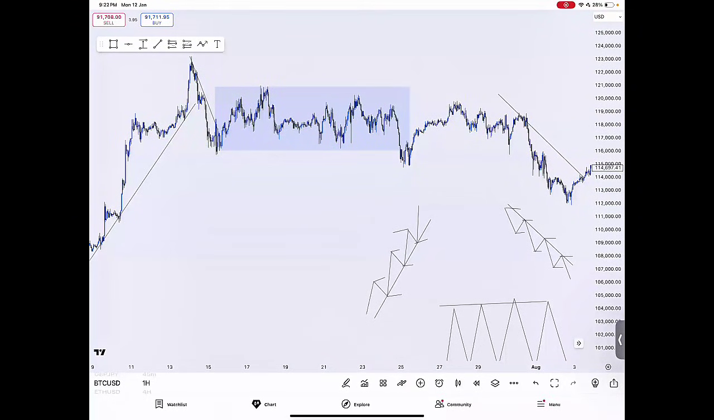What do we actually pay attention to when we're dealing with the structure part of our strategy? There are two concepts that we pay attention to. The first one is the concept of